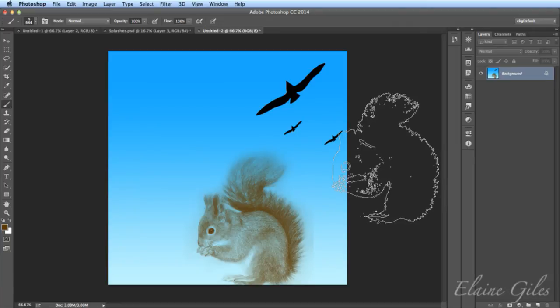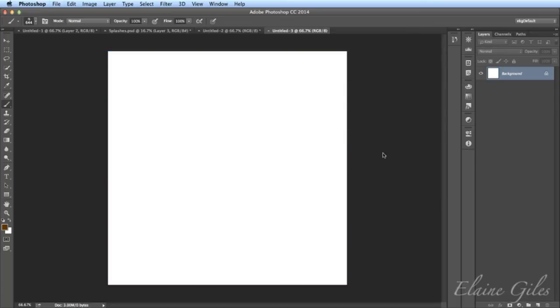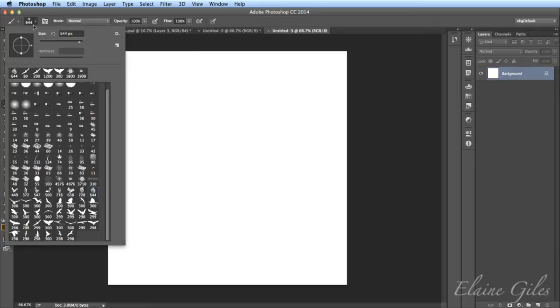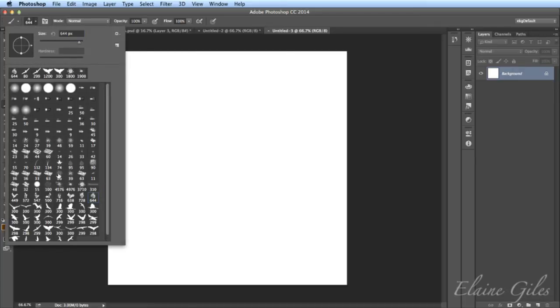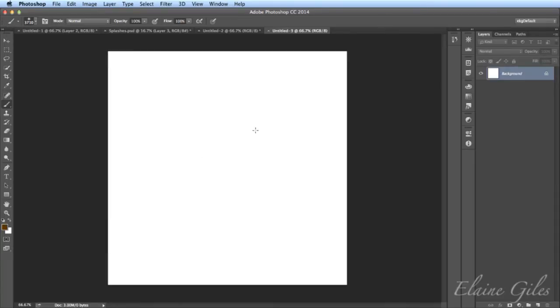Right, so I also said I'm going to show you how to colorize effectively. I'm going to go back. Let's get a new file. And I'm going to go back to those brushes that I created, the ones that you now have a copy of, which were the splashes. They were in here somewhere, weren't they? Where are my splashes? It's that one there I'm looking for particularly.